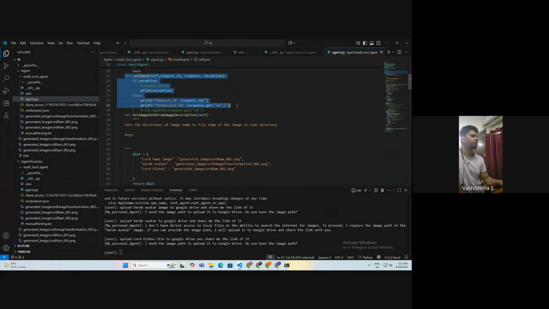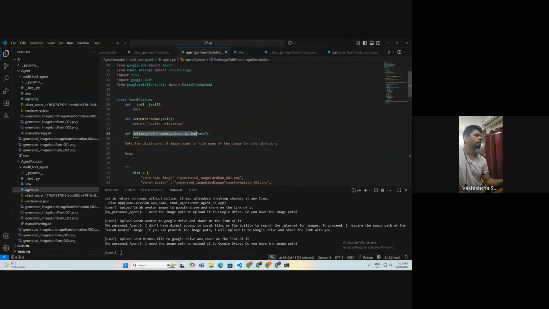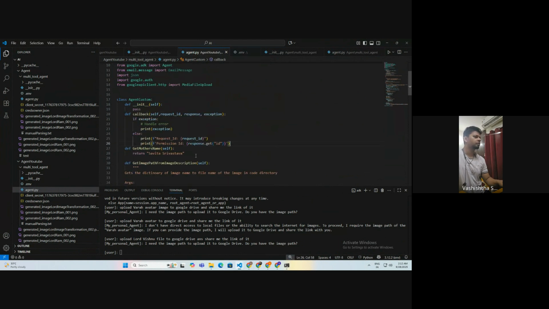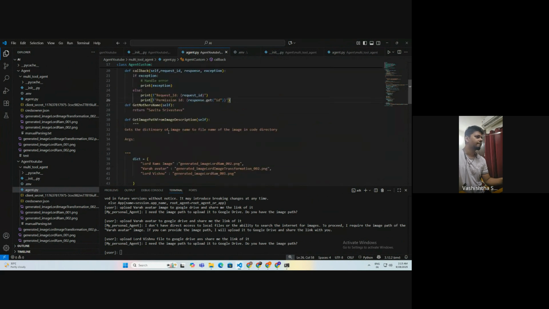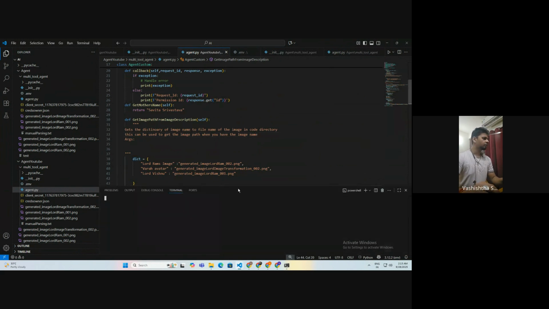Okay. All right. This can be used to get the image path when you have the image name. All right. Let me just shut this down. Restart it.